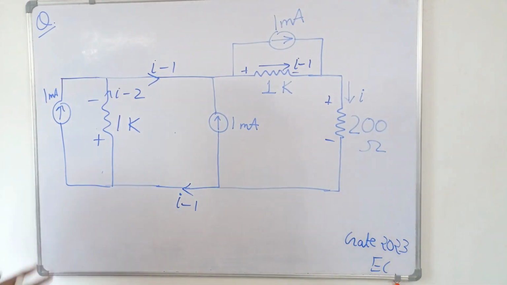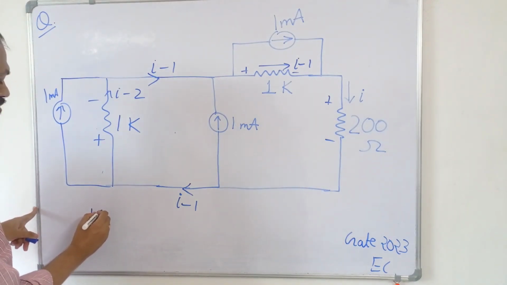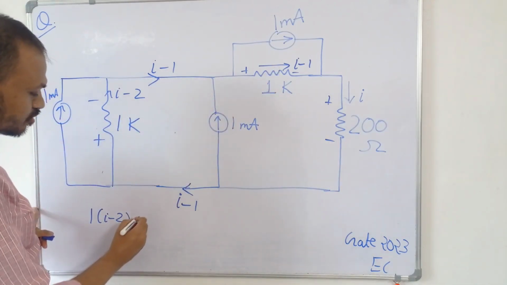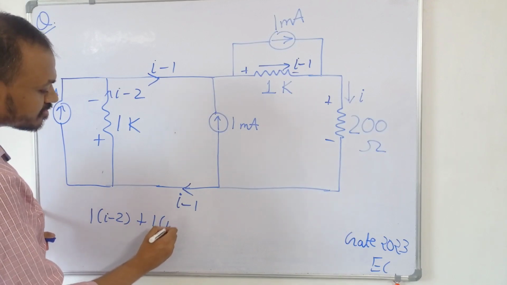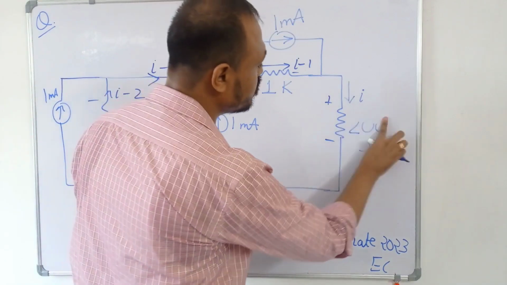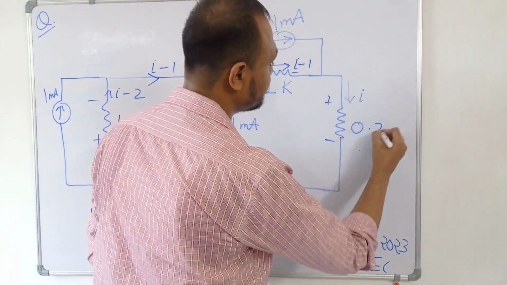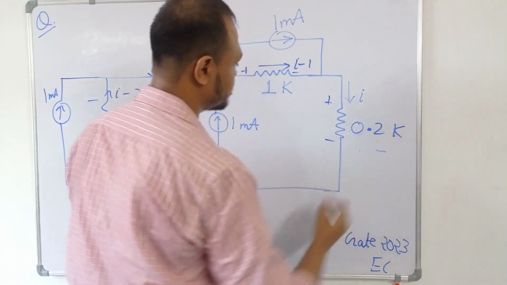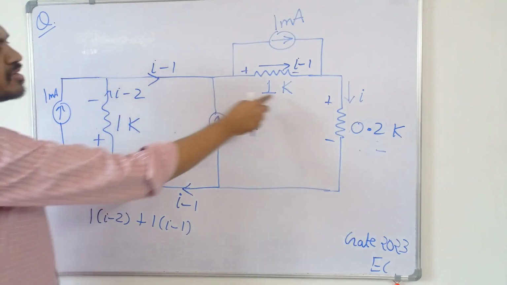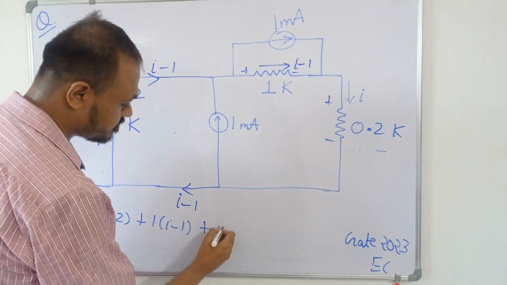So applying KVL here, this will be 1k into I minus 2. This will be 1k into I minus 1. And this is 200 ohm, so we can convert it to kilo ohm using 0.2k. So 1k into I minus 2 plus 1k into I minus 1 plus I into 0.2